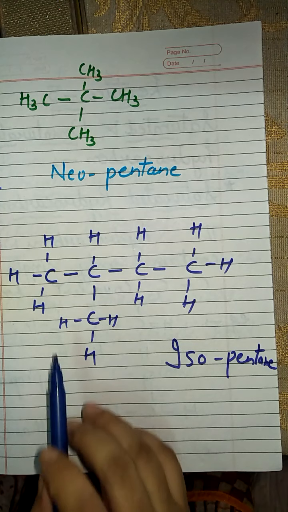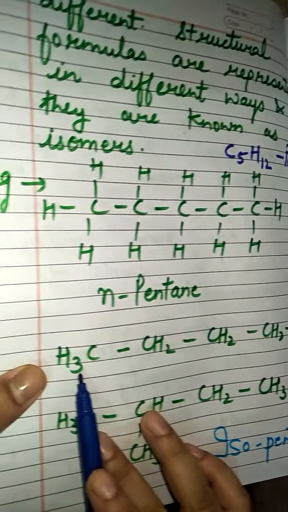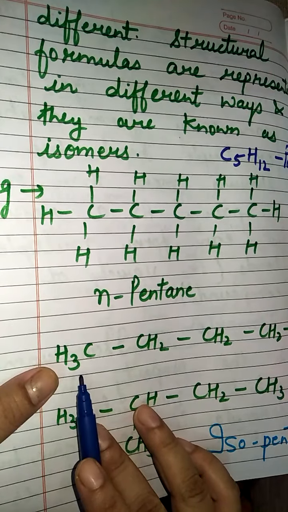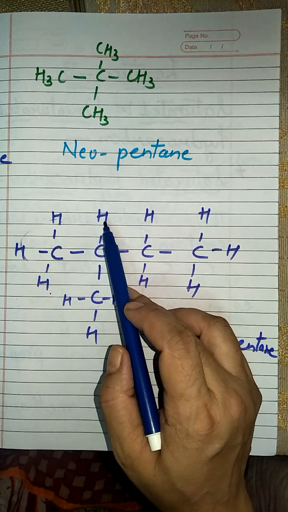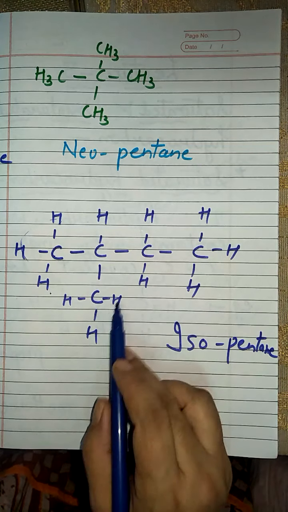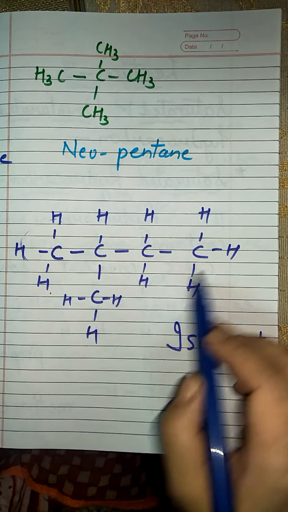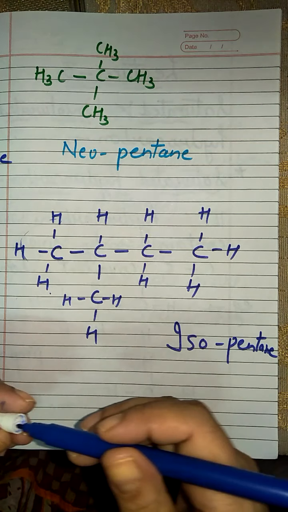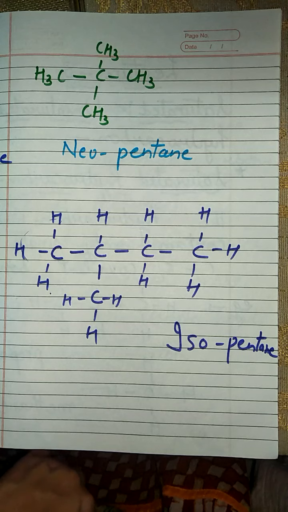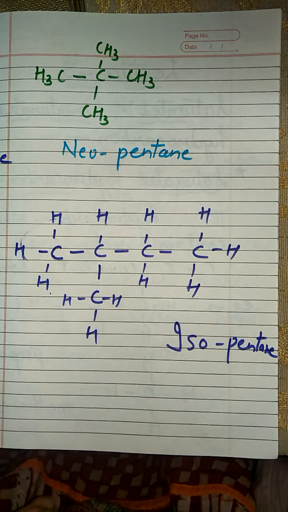See what is the formula here? C with how many H? 3, so I wrote CH3. Okay. Then comes your second C. This is CH, and this is CH3. Okay, and this is CH2. Similarly, this is CH3, and when you count, the number is going to be the same. This is the main thing. Please make sure the number of carbon and hydrogen is going to be the same.